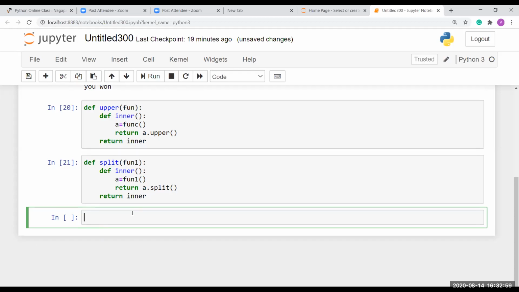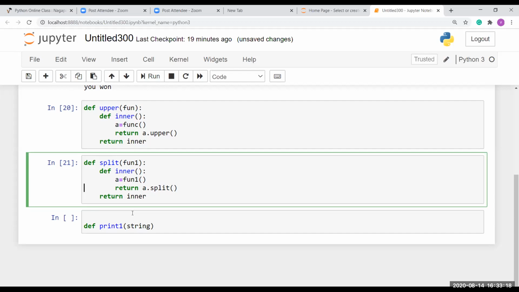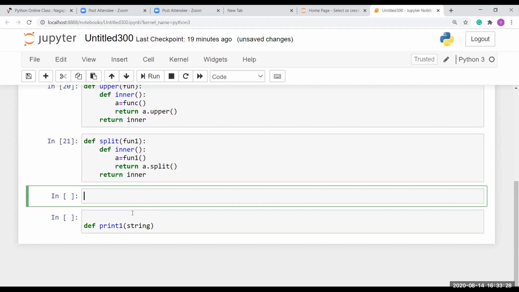That is the original, like a def print1, and here I'm going to pass some string equal to, and I have aquarium, right?